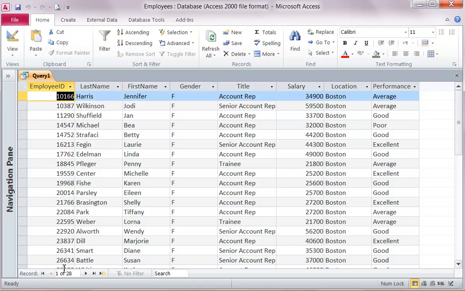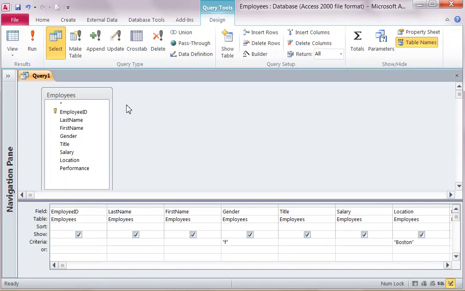How about if I also wanted only people who made under $30,000 a year? Well, back to design view. Now, I have a question. Do I want females who work in Boston and make under 30,000, or do I want females who work in Boston or people who earn under 30,000? Notice the or line. If I want females who work in Boston